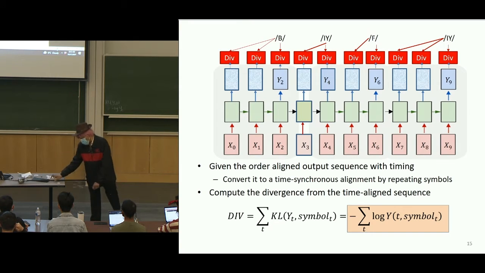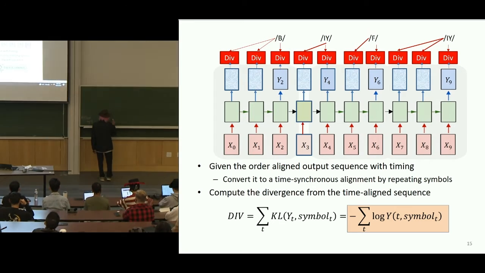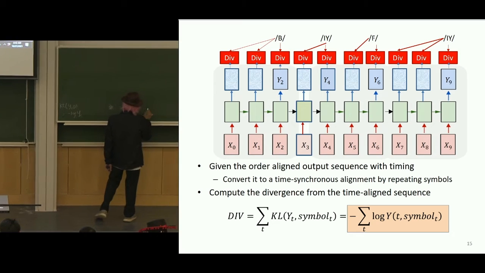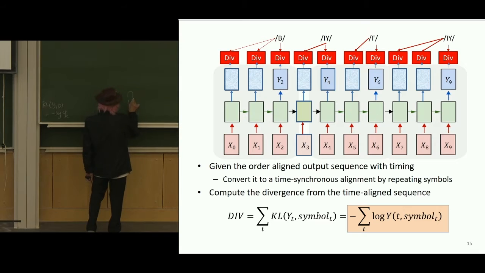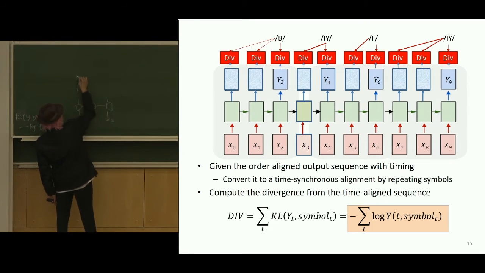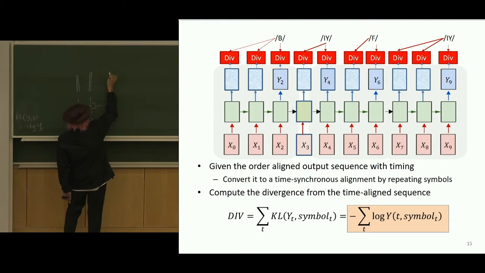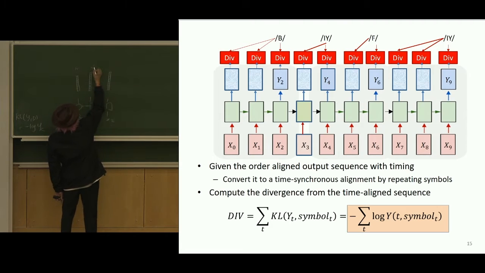And so if I have a network which is producing outputs, I have inputs x1, x2, x3, and so on. Each of these goes through my net, and at each time you actually get a probability distribution over all of the symbols. And if you have a target symbol sequence which is, say, let me call this, S1, S2, S3,